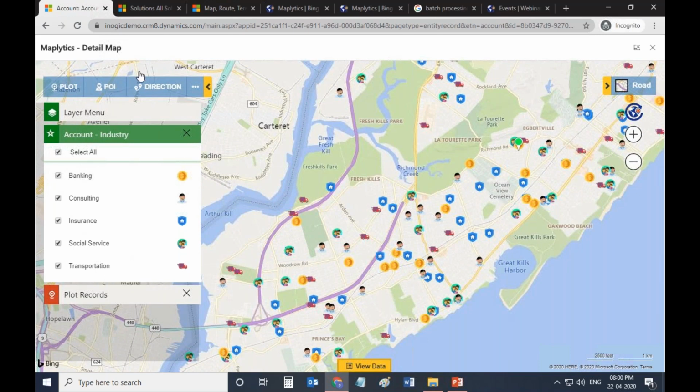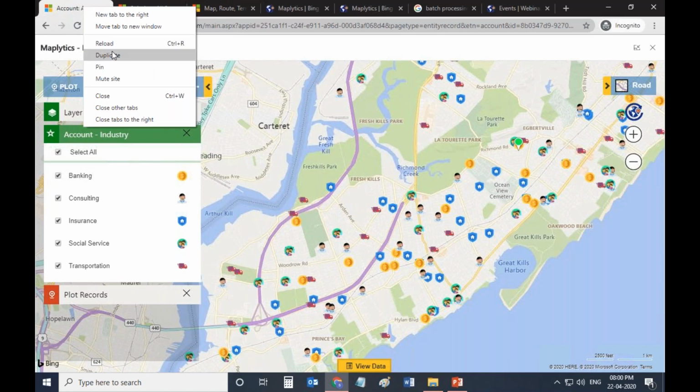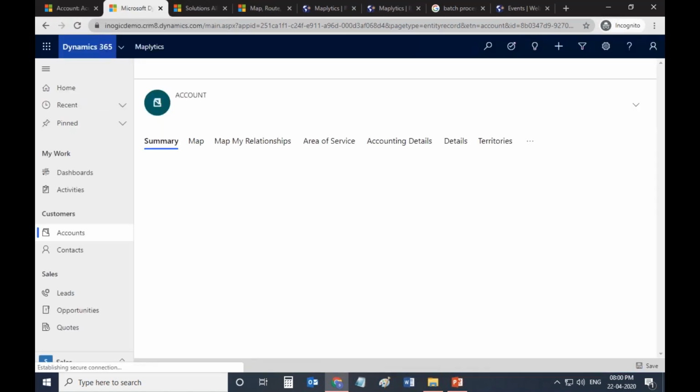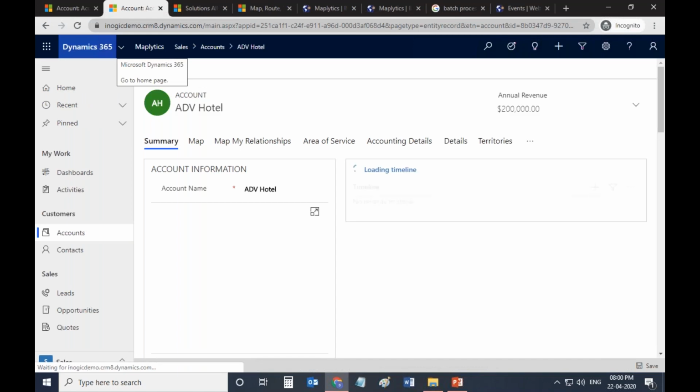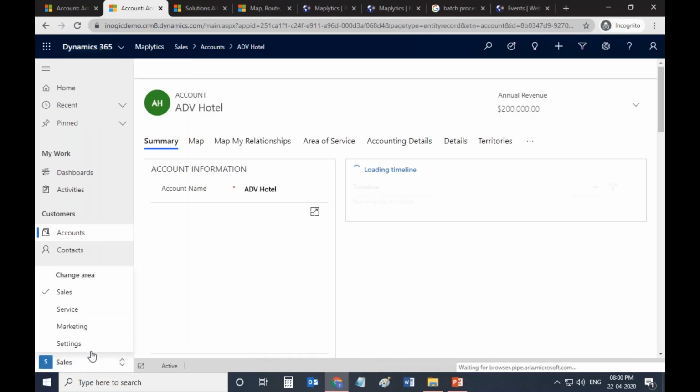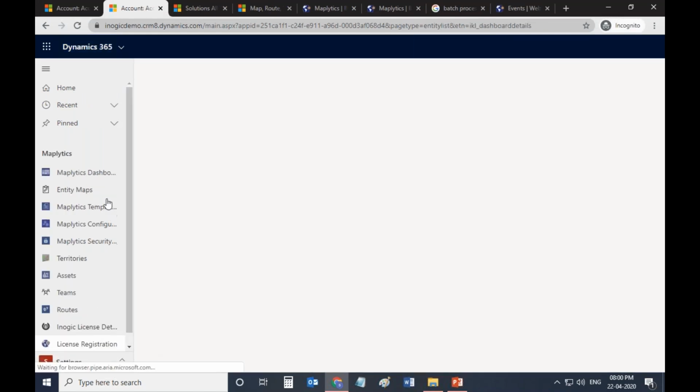Okay, and now let's see how to use the categories. You can basically configure the categories that you want to see on the map. For that you have to go to the settings, and then you have to go to the entity maps for the respective entity that you want the categorized data to be shown on the map.